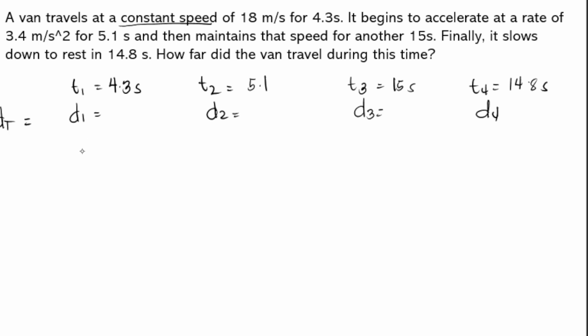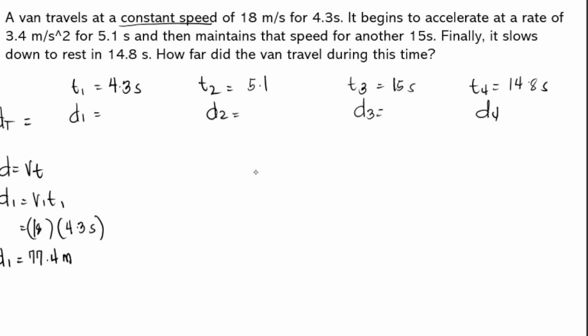Okay? Time 1 and distance 1. Since constant speed, hinahanap natin yung distance 1. So, pwede natin gamitin yung d is equals to vt. So, d1 is equals to v1 or velocity at t1, which is 18 meters per second multiply by the time or yung first time point na given tayo, which is 4.3 seconds. So D1 would be equal to 77.4